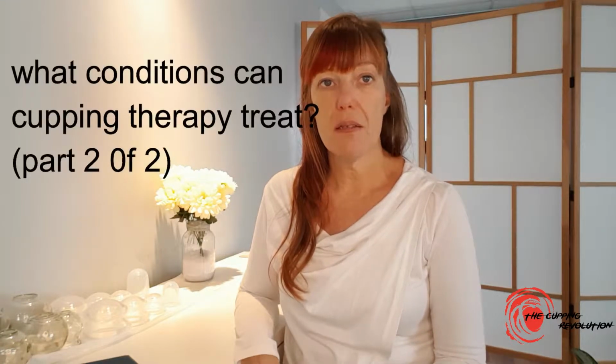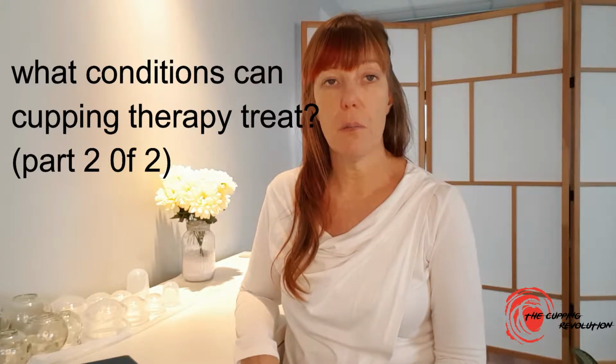Cupping therapy is very effective for a number of conditions. Traditionally, it was used for a wind condition in the body, which in traditional cultures meant what the wind brought with it in changes of weather was often a cold temperature, although in subtropical places it can also be a warm wind. It's the bacteria being transmitted through the movement of the wind that would enter the